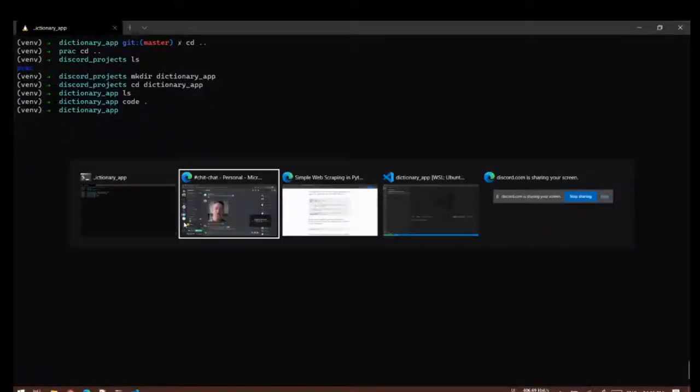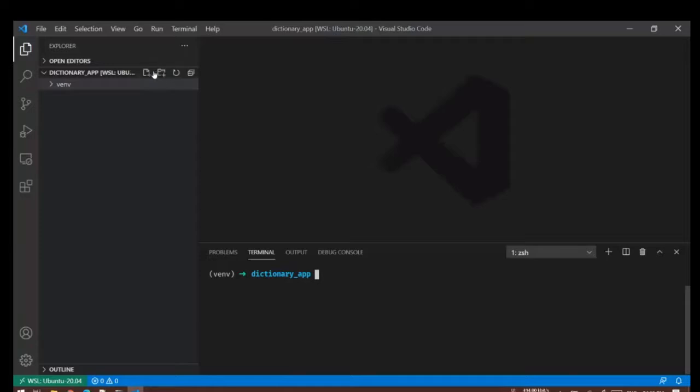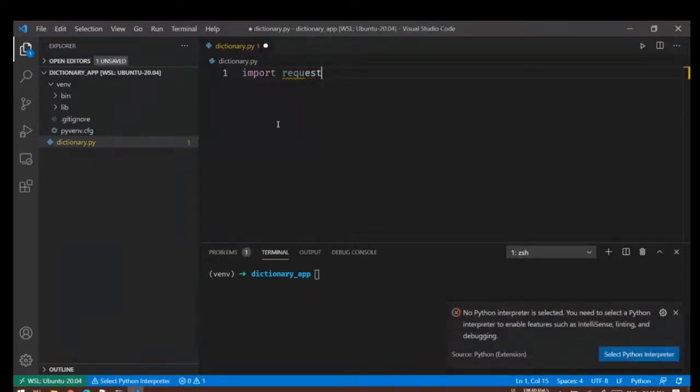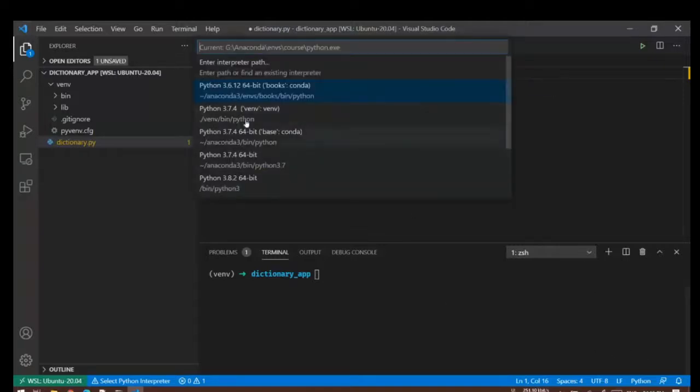Let me create a new file called dictionary.py. The first thing that we'll do is import requests. It says select Python interpreter, and we'll select the interpreter.